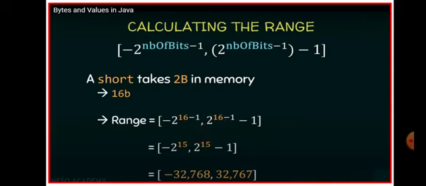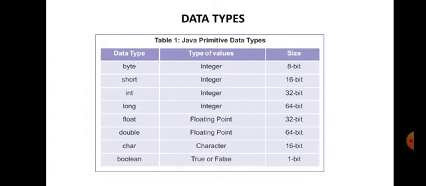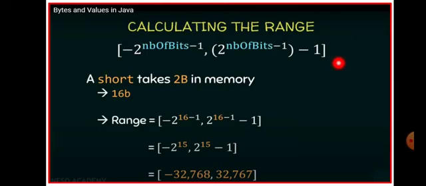This is very important, children. This formula you have to keep in mind. When you keep it in mind, you don't have to learn this by heart. You can easily substitute the values in the formula. It is common for byte, short, int, long, float. For all the other data types, this range is very important. This formula is very important.